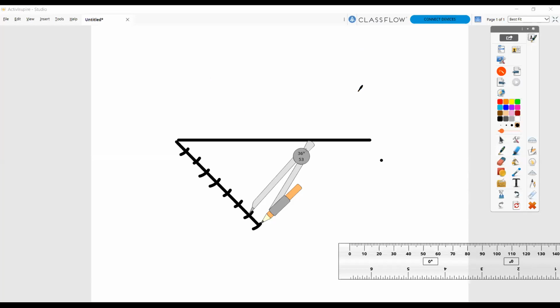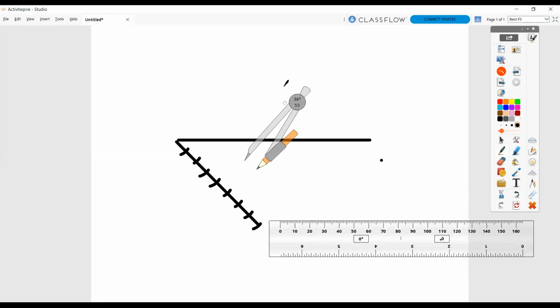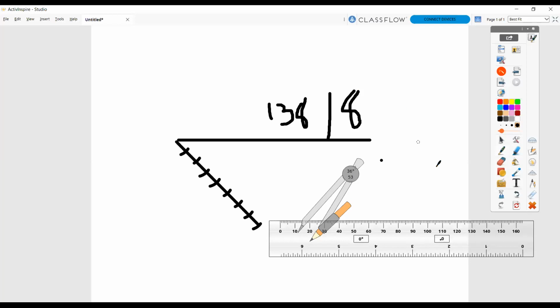See, one question is there from Shrey: why can't we do it on that line? See, the same limitation is there. What is the limitation? The length of this line is 130, and you have to make 8 divisions. For 8 divisions, what will the length of one division be? The length of one division will be 16.25.